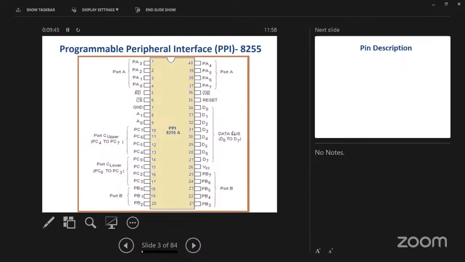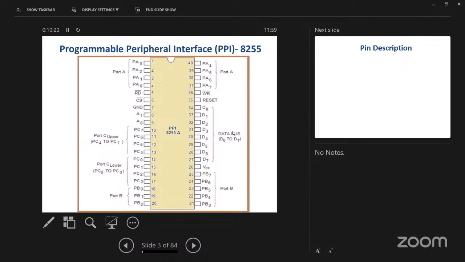Okay, so any pin having the bar, those pins are called active low signals. Active low signals can be enabled by applying the 0. Now for the processor to identify the 8255, the CS bar should be enabled. Enable means what to do? Apply the 0 to CS bar. So if you are applying the 0 to that 8255 pin, now our microprocessor has identified the 8255